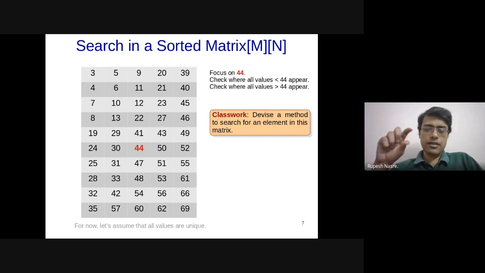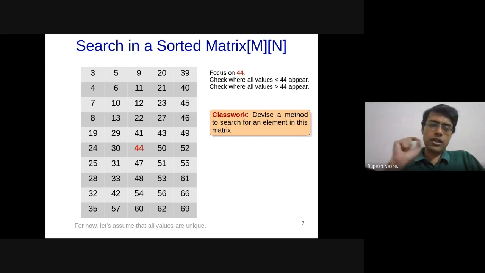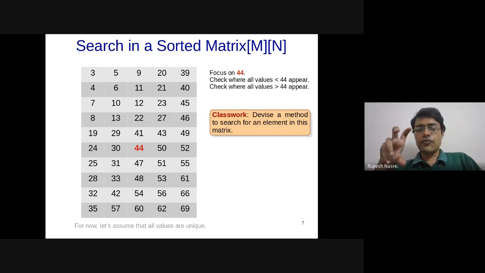So I think in the discussion, Shri Vishnu found out that it's not going to be easy. We can discard one of the quadrants. That is the handle that we have in some sense, right? So when we reach 44, if the number is smaller than 44, then we can discard 3 quadrants. But if the number is greater, then we can discard only 1 quadrant. So that is going to be an important point.